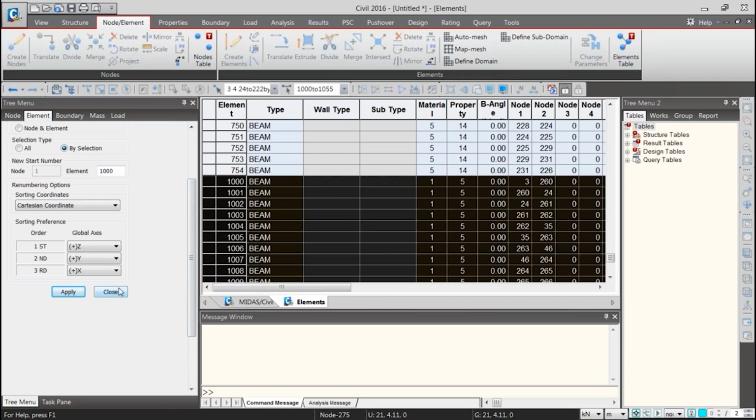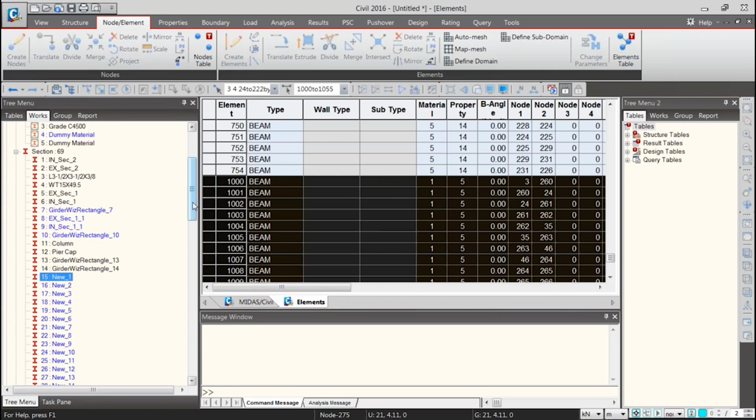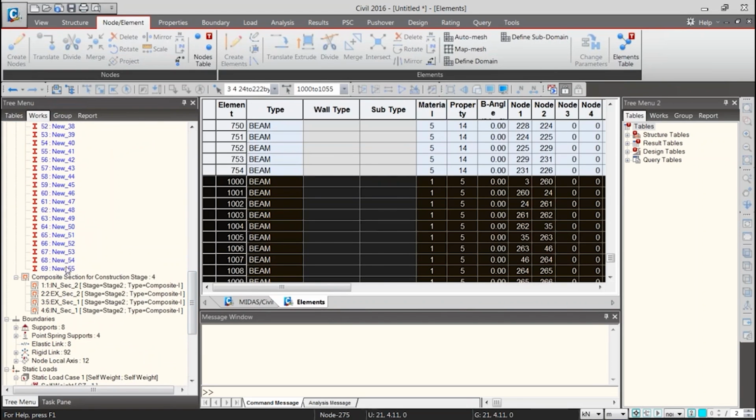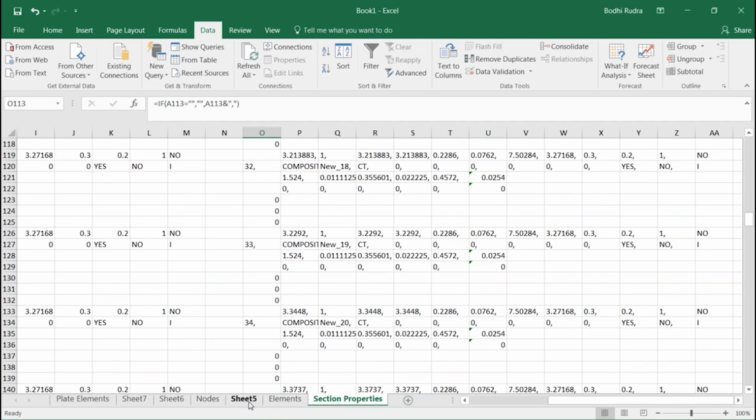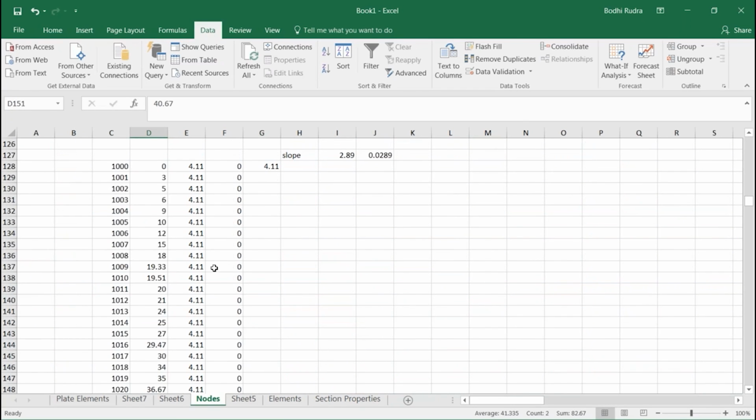So we have to give the properties, as you can see here, from 15 to around 69, right? So what we can do, we can simply go to Excel. We can create, just a minute.